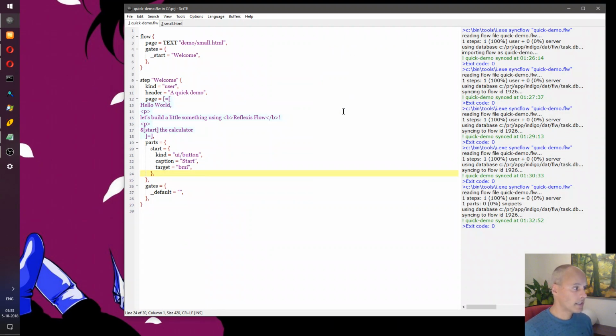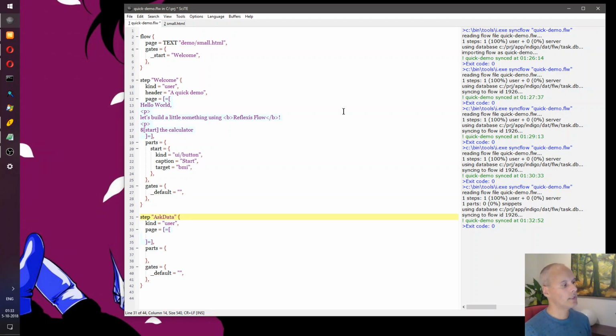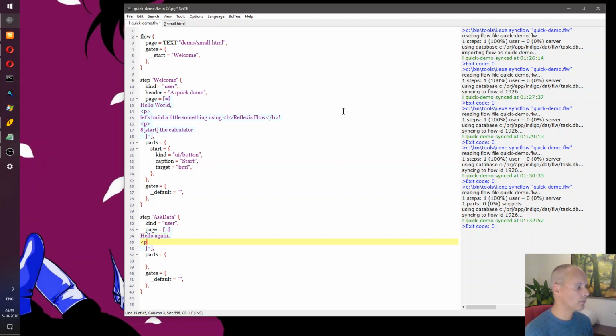So as I said, flows are essentially a collection of steps. So here we need to ask a particular person for their data. So let's do that. Let's create that form.